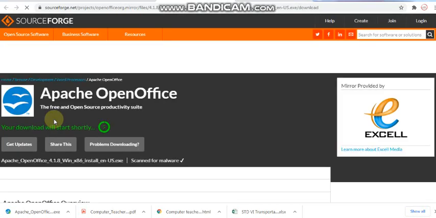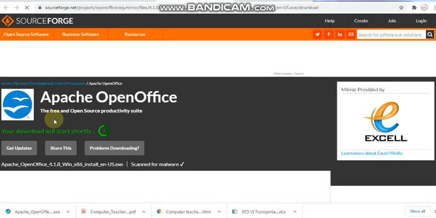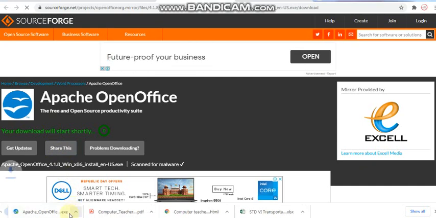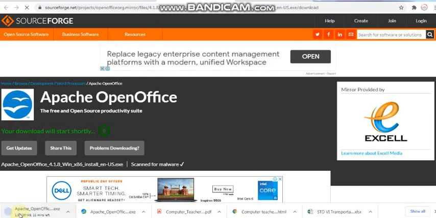Once we click on this, a download option appears and the download starts and will be stored in the download folder. As you can see, this download has been started and I have already downloaded it.